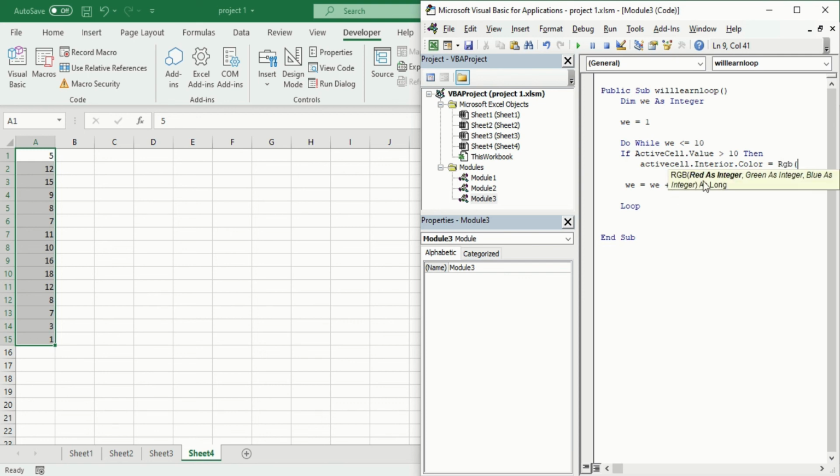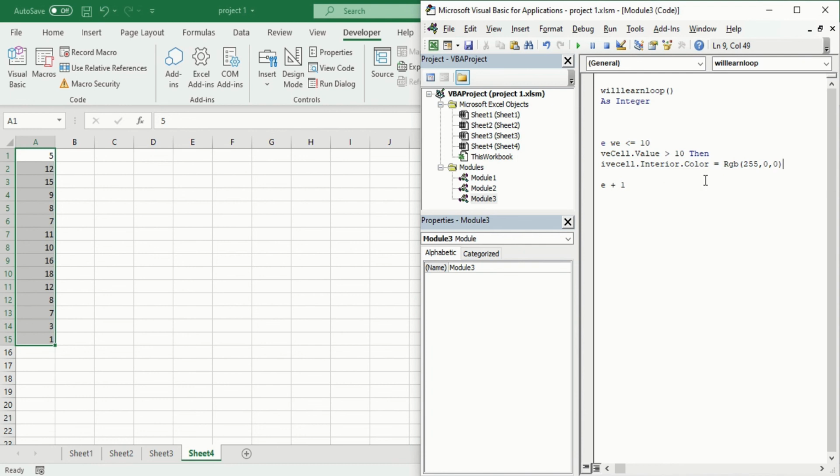Now red as an integer: if you put 255, 255 is the highest, the 100% form of red. And if you write green as 0, that means there is no green color, and 0 as blue. If you write between 0 and 255, it's a mid-shade color. Now we will put 0 again and close it.